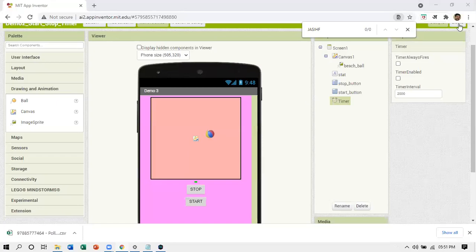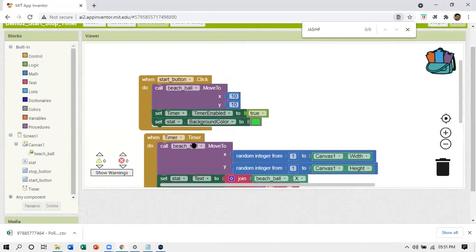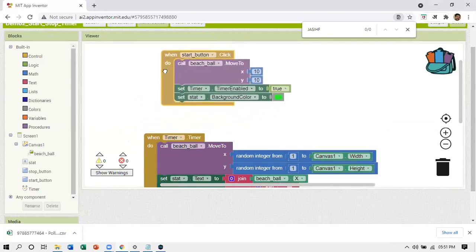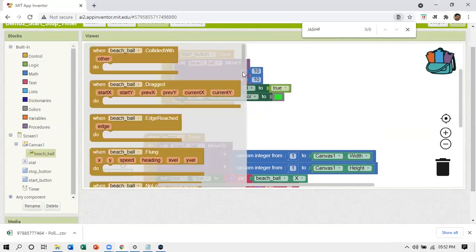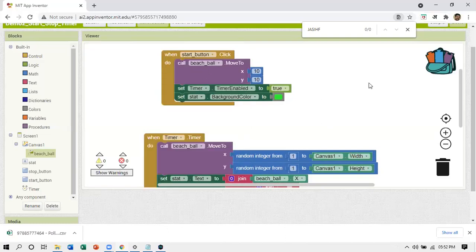Well, I go to the coding part. Design part is done. See what is happening. When I click on a start button, three things are happening. First of all, beach ball, I am moving the beach ball to coordinates 10 and 10. This is an action block. It has come from beach ball and somewhere here you can find and drag drop. First of all, I am putting the ball on the coordinates 10 by 10, somewhere on this